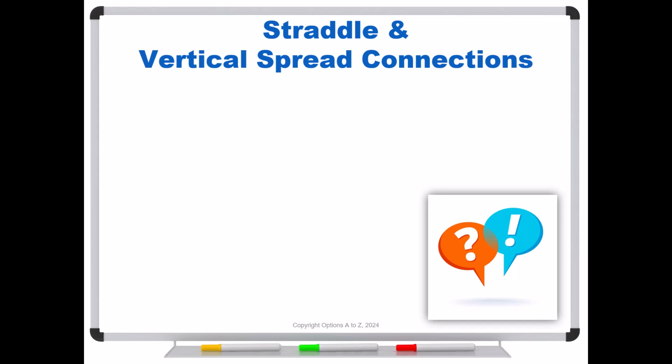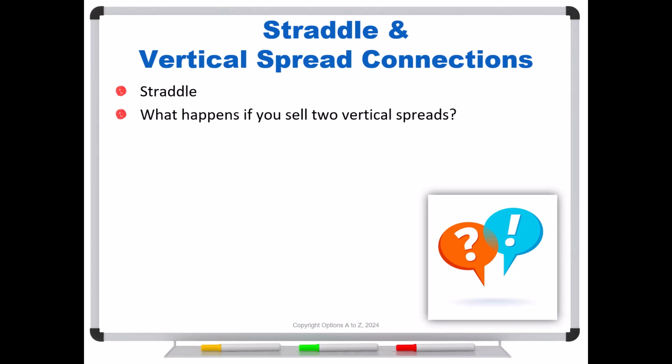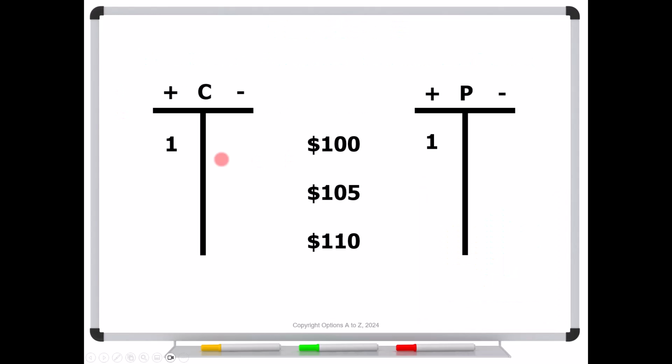So let's look closer at the straddle and vertical spread connections. Let's start with a straddle, and then let's answer a question: what happens if you sell two vertical spreads? Well, let's go back to our tables here. So here's the long 100 straddle. We're long the 100 call, long the 100 put. If I sell two of the 100 calls and then buy two of the 105 calls, that is a credit